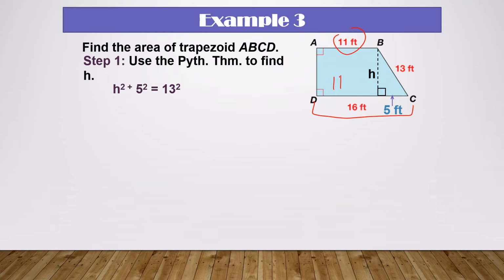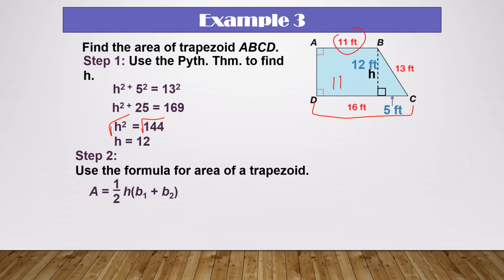So now we just need to do the Pythagorean theorem. We have h squared plus 5 squared equals 13 squared. We get 25 and 169, and then we need to subtract 25 from both sides, and we get h squared equals 144. And then take the square root of both sides, you get h equals 12. So my height is 12, and now I have my two bases. So I can go ahead and do the area for a trapezoid